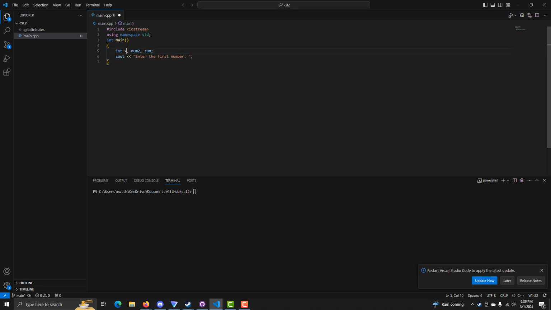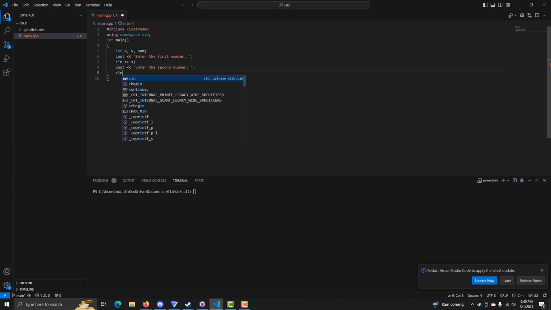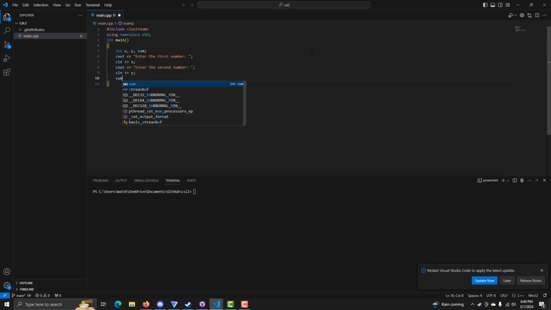And honestly, for convention, x, y is fine. Then we're going to do cin x, and then cout enter the second number, cin y, and then we can calculate the sum. Sum equals x plus y,